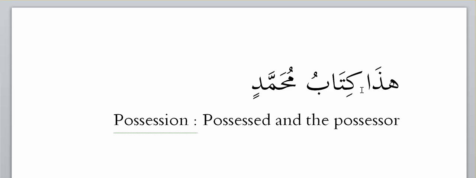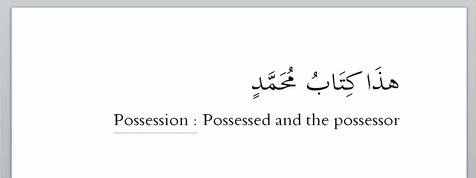Or you can say it's nearer to Book of Muhammad. See that? Book of Muhammad. So there are two ways to do this in English: Muhammad's book or Book of Muhammad. I'll explain to you why it is that we put a single dhamma on kitab. It's kind of complex. You have to pay attention. Guys, focus here. The reason why we put one dhamma only is because two dhammas mean the thing is